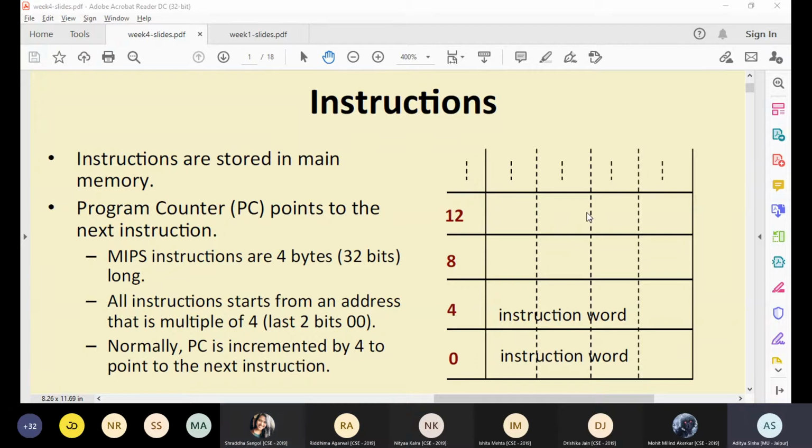Our major objective is to bring the data inside the processor so that execution is faster and it is under our control. Hopefully everyone is clear with these points. Apart from you two, can anybody tell me the major functionality of the program counter? Sir, it holds the address of the next instruction to be performed. And the major functionality of the instruction register? It holds the address of the instruction which is being performed, the current instruction.